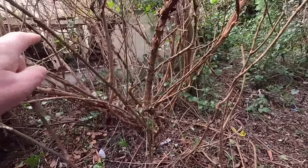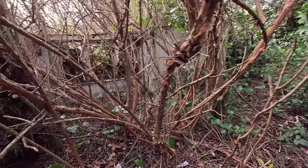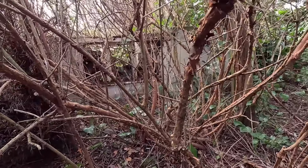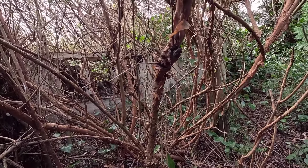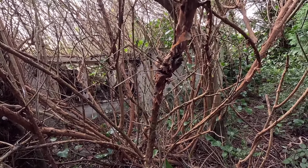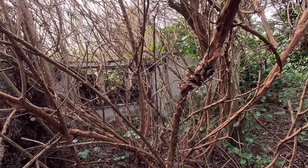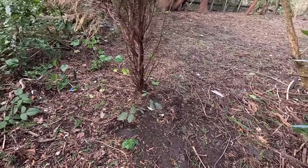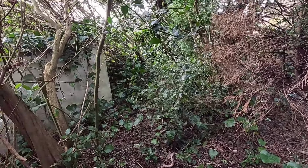Again, the exterior wall, that looks like maybe a lounge window then, because it's got the dividers, 3 panes of glass, and again it's got a similar metal bracket above the window. So am I standing inside the property or outside? Because we've got the foundations here, and there's the very edge, the corner, and again